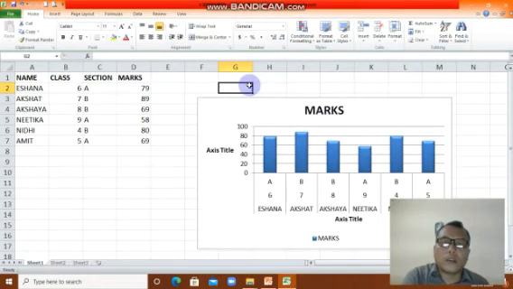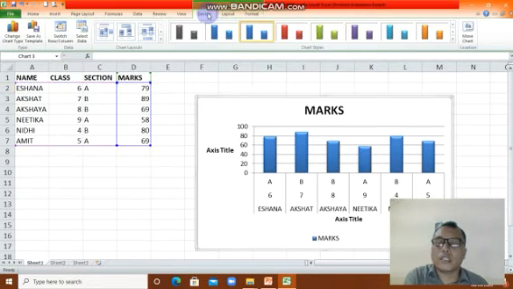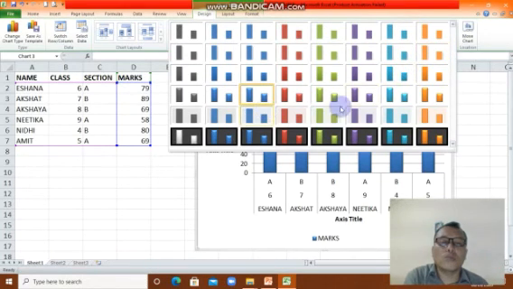Okay, kid, now about the design. When you click the chart, there is Design here, and you can choose from so many options. Look, so many options, so many colors. You can choose what you want.